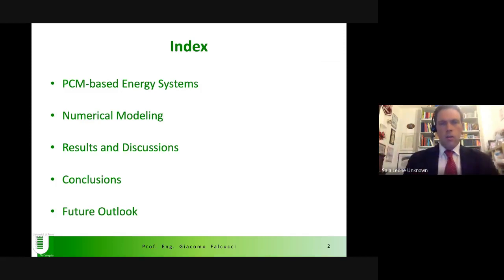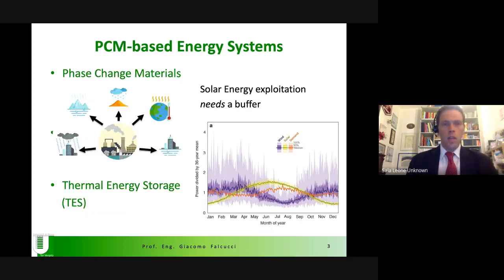Just a brief index to tell you what are PCM-based energy systems, because maybe not all of you are familiar with this. We will go through the numerical modeling. We will see the results and discussions of these very preliminary implementations. Then we'll draw some conclusions and have a future outlook for what we plan to do in the near future. So PCM materials are phase change materials. They are being used for thermal energy storage, because in the new